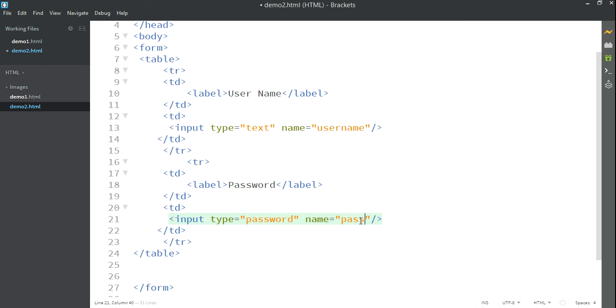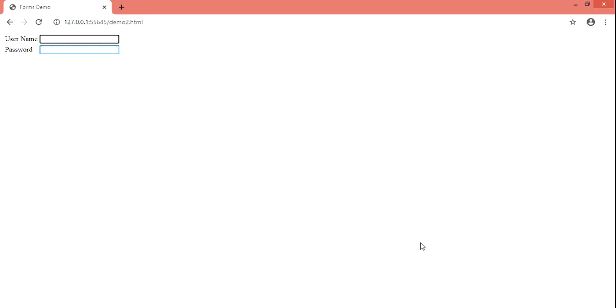If you notice, the input type syntax is the same, only the value of the type changes. If I want to accept a value as text, I write input type text. Now I want the user's password not to be visible on the screen, therefore I have used input type password. Save the changes. Now if you check the output, you will get a password field, and when the user types something it will be in bullets format.